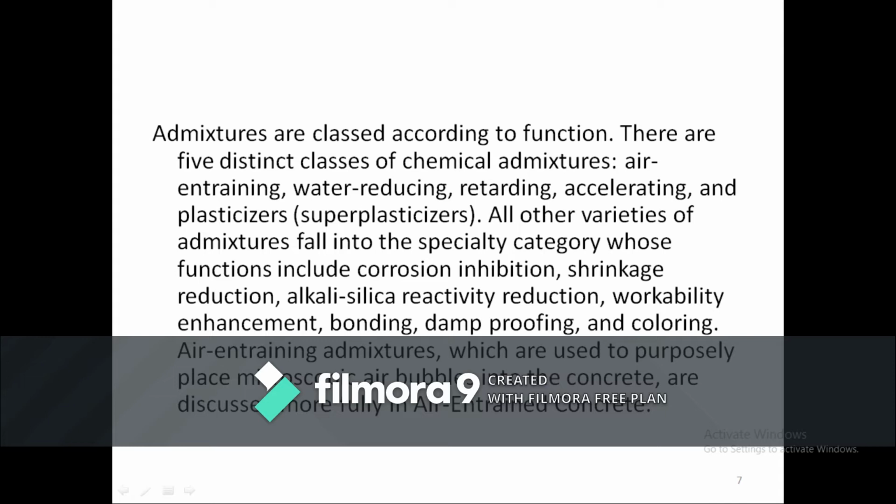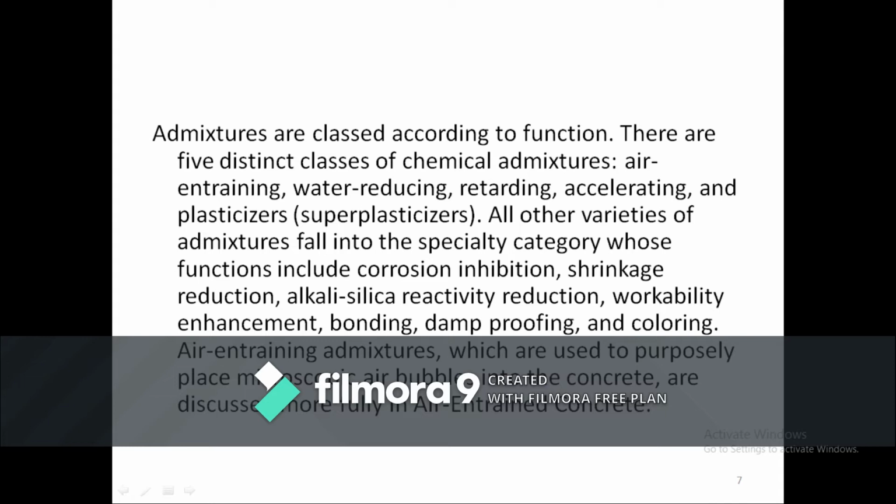So these are all the different properties that can be altered in concrete or else even in our sand. So here we have divided these admixtures into air entraining, water reducing, retarding, accelerating, plasticizers, and also those which control corrosion, shrinkage, all these factors.